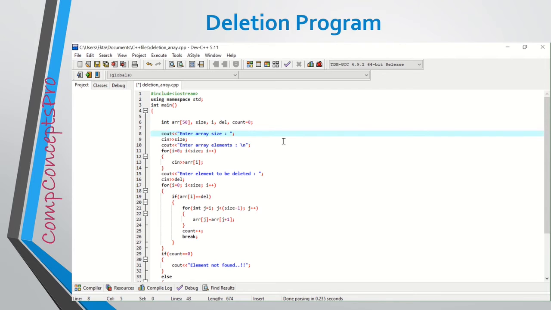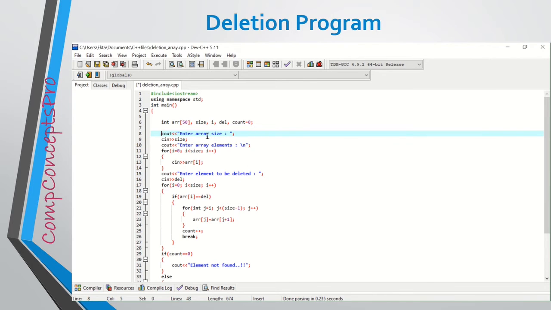Let's understand the concept of deletion from an array with the help of this program. After including all the necessary header files and namespaces, I will start writing the code inside the main function. This is the array from which we will delete any element. All these are the variables that we will require during the course of the program.